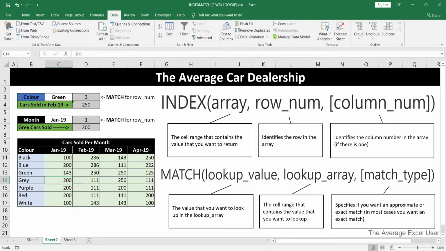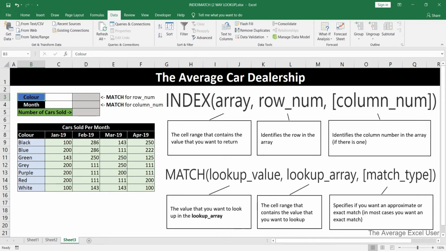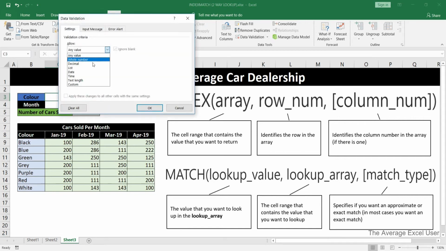Now let's move on to a two-way lookup, which combines two match functions into one index function. So here we have our last example. So over here, I have the same data set that I had before. Over here, I'm going to be returning the number of cars sold by the color of the car and what month the car was sold. And I want this to be a dynamic formula that changes when I change the color of the car as well as the month. So the first thing I'm going to do is create a drop-down list of the color of the car,